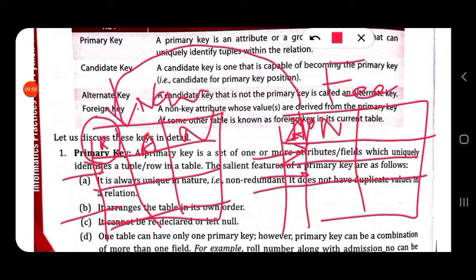So here in this table, the admission number becomes the foreign key. When I use the primary key of some other table in my current table, that primary key becomes the foreign key.